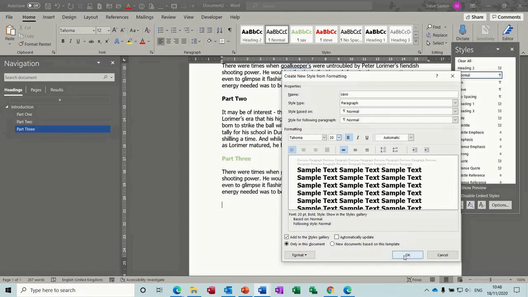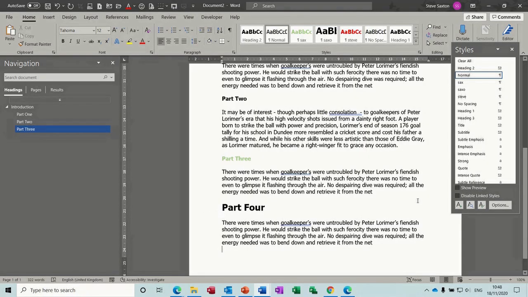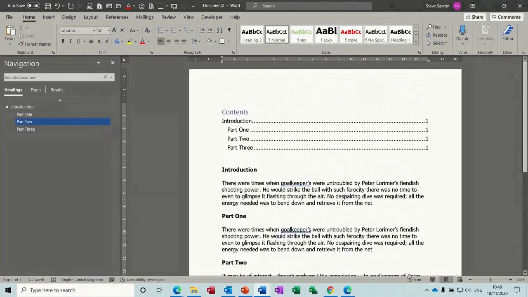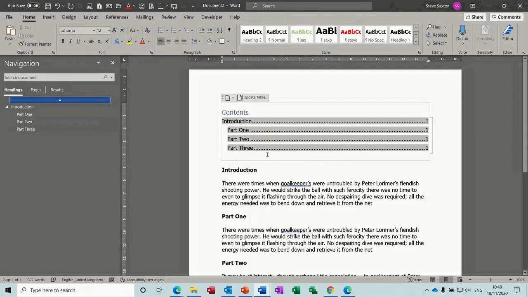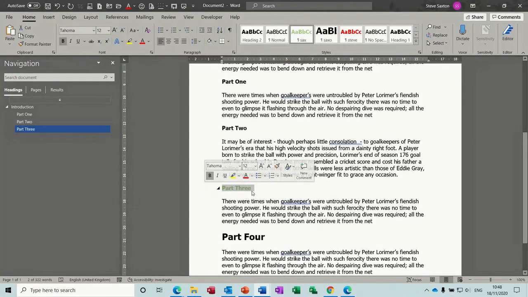Okay, let's come back to normal, do my little paragraph and close this down. Scroll back up, click on the table, update table, entire table, and it hasn't picked it up. So you do have to set your new styles, like that one, based on one of the heading styles that's already preset, otherwise, like